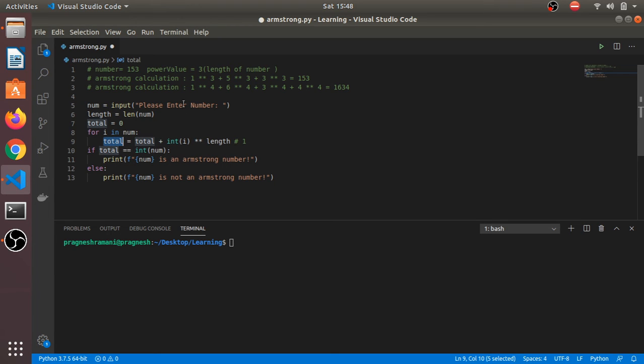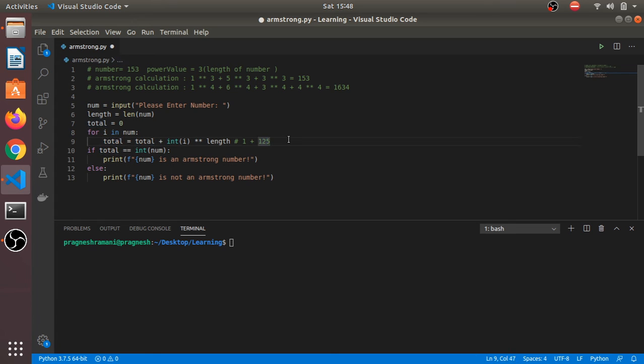In the second iteration, you will get the value 5 in the i variable, which will calculate 5 power 3. 5 power 3 is nothing but 125, and which will be added to the total value. The total value from the previous iteration is 1, so 1 plus 125 will be stored into the total,